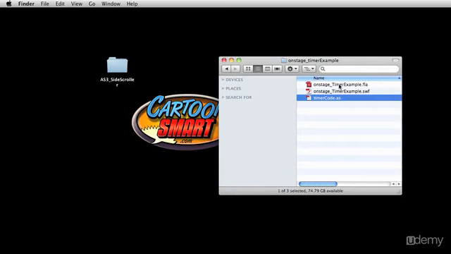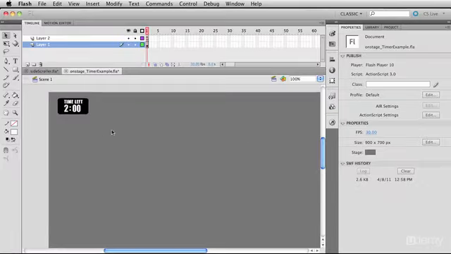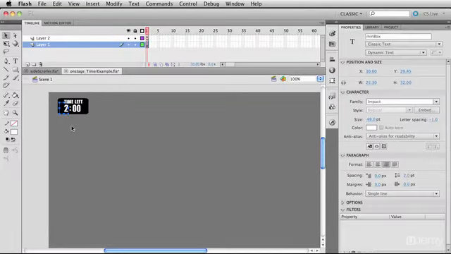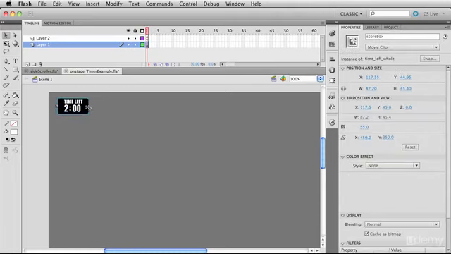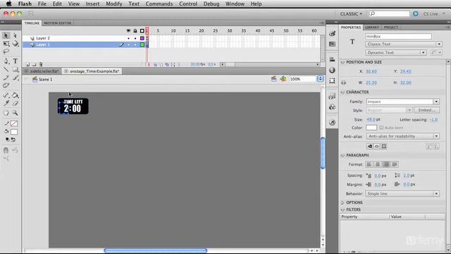You might not want to get overly complicated, but what we'll do is open this file up, and I'm going to show you that all you really have in here is just some text, and of course this black background right here. So this is a dynamic text box, and of course you can make a dynamic text box at any time by just clicking out here with the text tool and making sure that's set to dynamic,